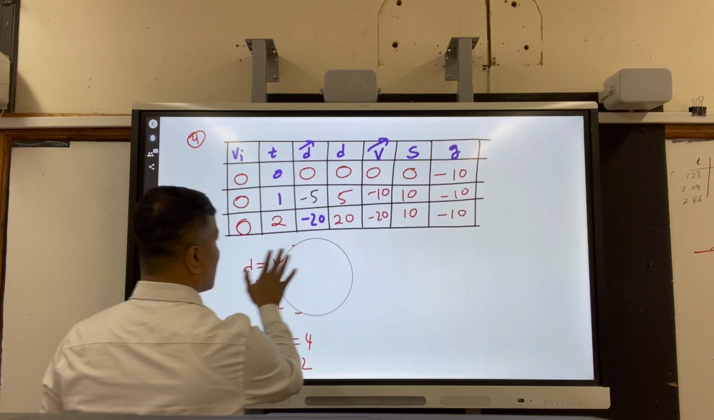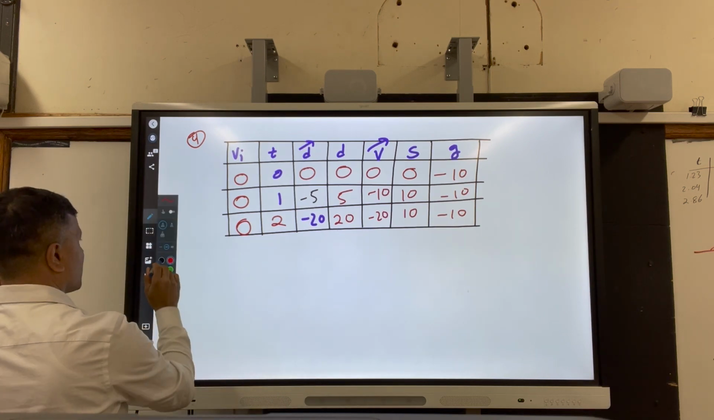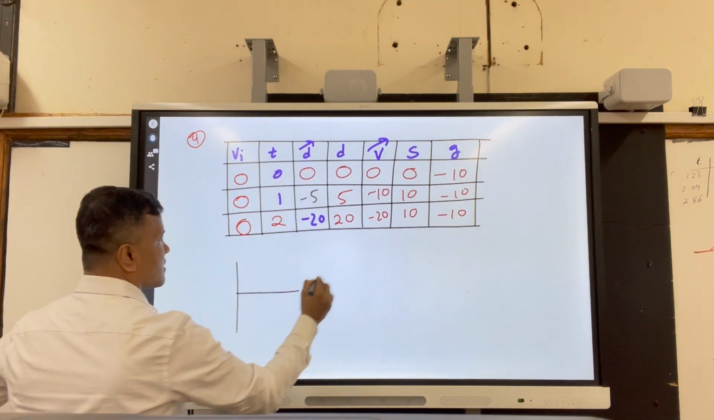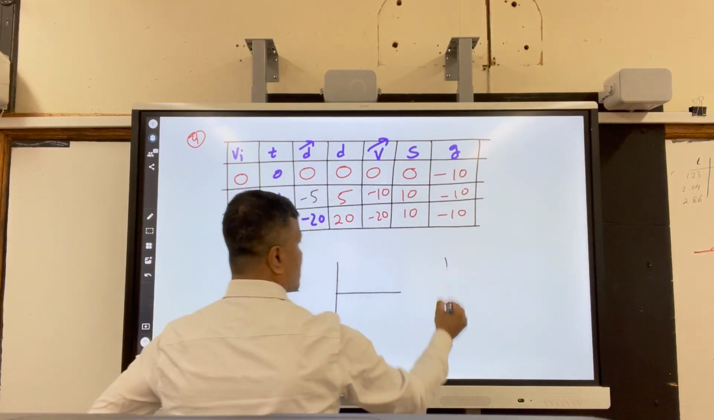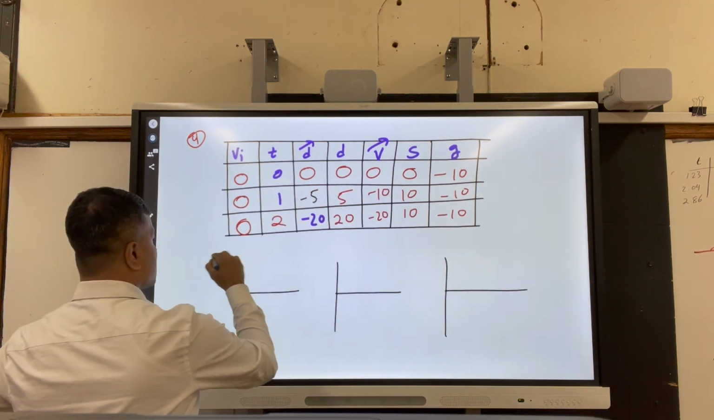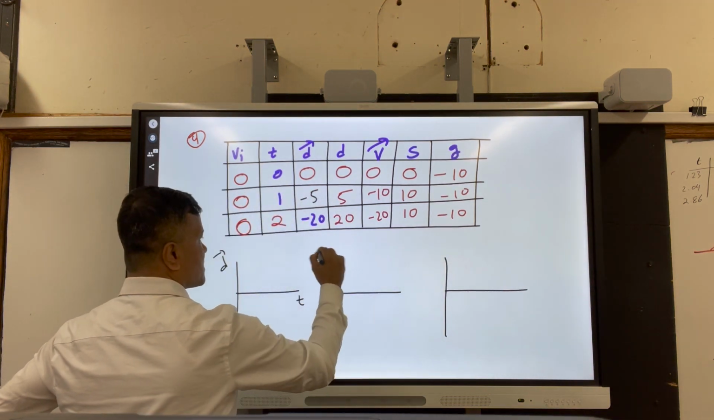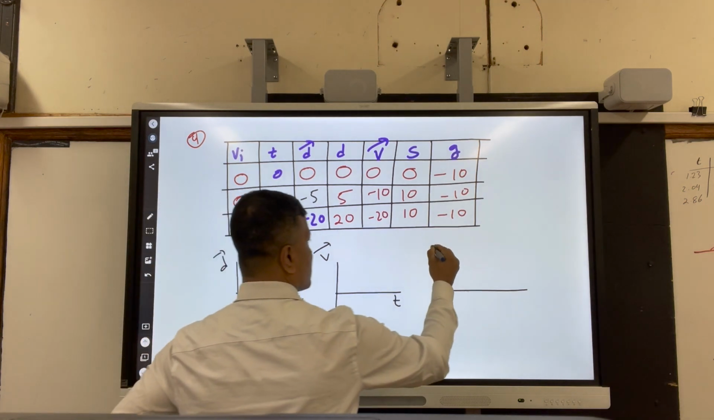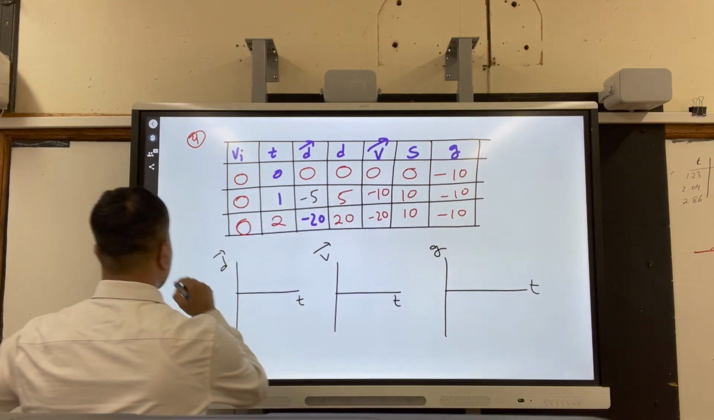So let's draw the graph. At least draw the 3 graphs because I'm getting a little tired. Draw 3 graphs: distance, displacement versus time, velocity versus time, and acceleration versus time. So the 3 graphs would be